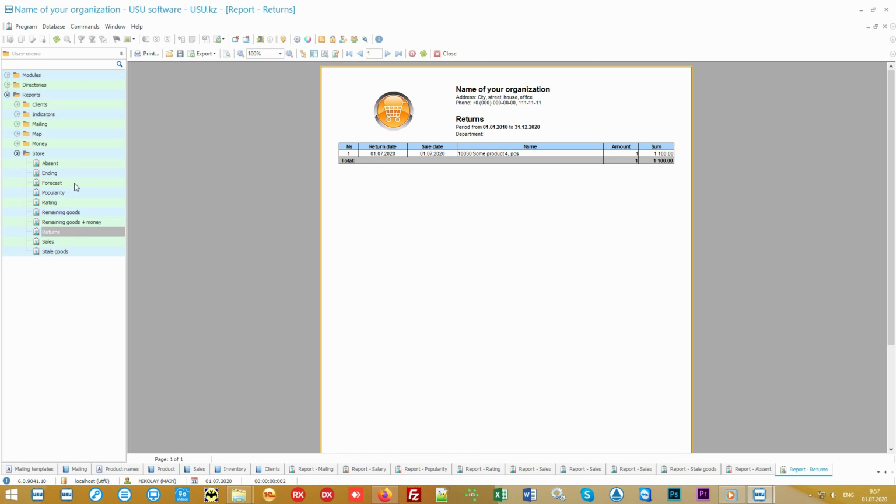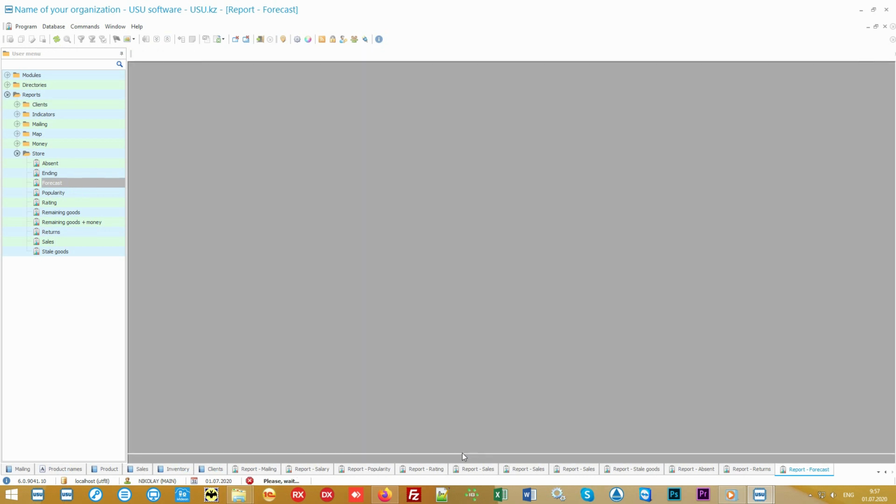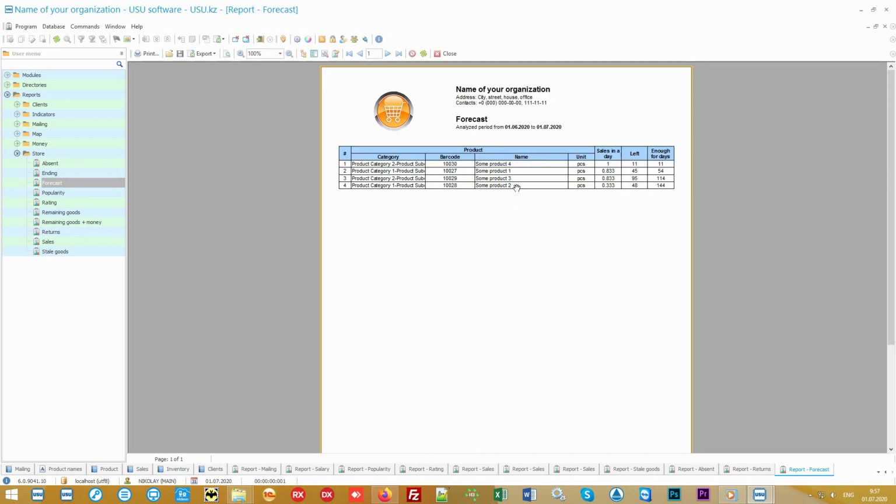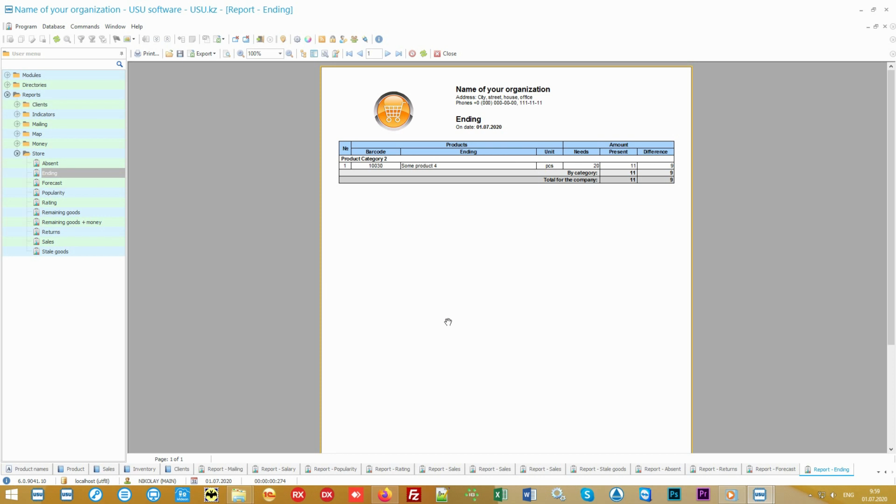Our new generation store software also includes planning and forecasting features. You can always look at how many days are left till you must restock some products. In a special list, you can view the products that are ending. In addition, the responsible employee will promptly receive pop-up notifications from the database about the ending product. And if this employee is often away, the software will send them text notifications. Don't lose your money due to the unexpected lack of a product.